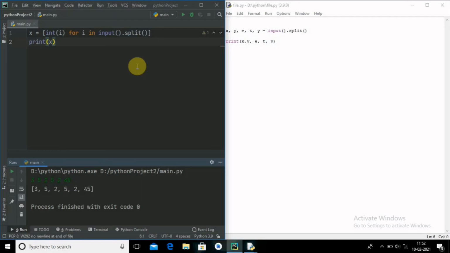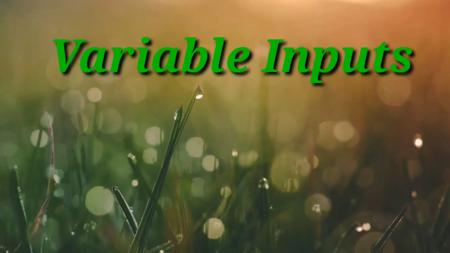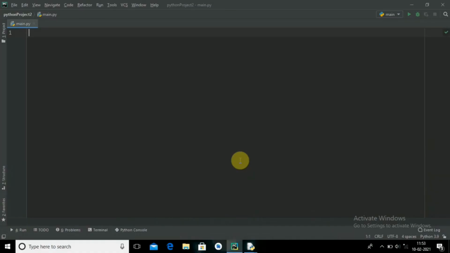If you know the exact number of variables, you can give 2 or 3 values as in this situation. Now I will show you when you don't know the exact number of inputs, but you need the sum of all the inputs or product or anything. Let me write the function as sum. In this one, leave a as a variable.